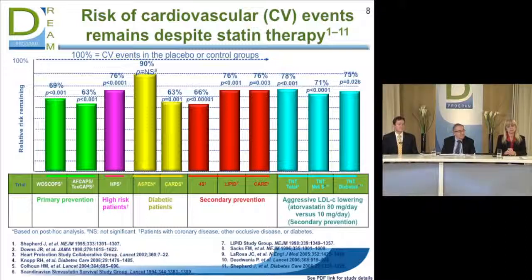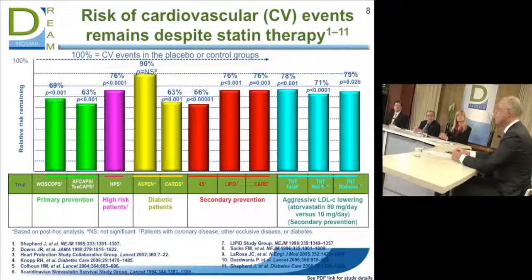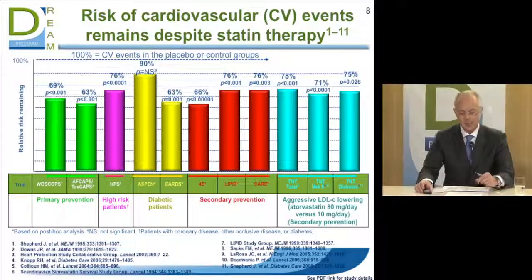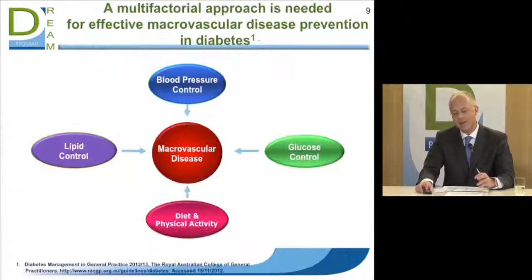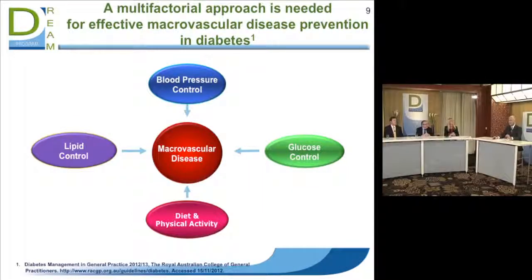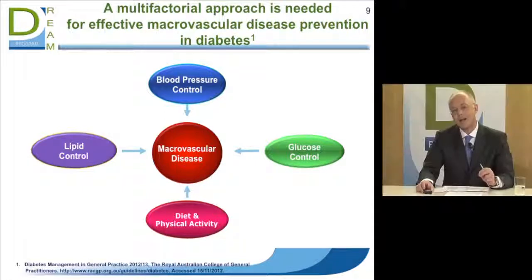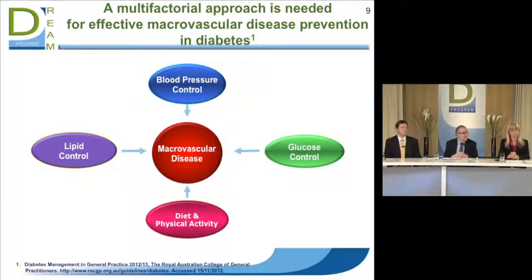Lipid control is a key component of what must be a multifactorial approach to prevent macrovascular disease in patients with diabetes. Statins are definitely the playmaker when it comes to lipid control in patients with diabetes, but a healthy lifestyle and a good blood pressure as well as good glycemic control are key components of this multifactorial approach and are all associated with a significant decrease of macrovascular events in patients with type 2 diabetes.